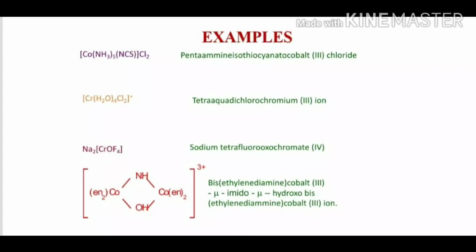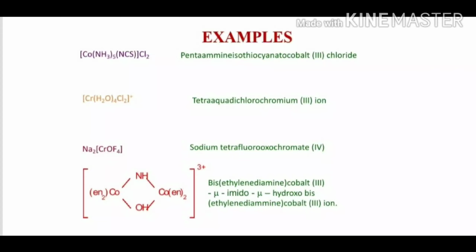So how to name this type of complex? You see the bridge ligand should be prefixed by mu. So for example, this imido, we must prefix as mu-imido, and hydroxo is mu-hydroxo. The other ligand, ethylenediamine, is named as bis(ethylenediamine), and we have to